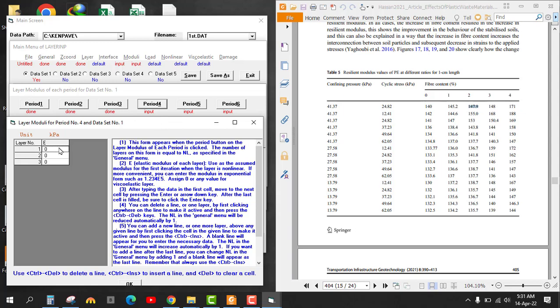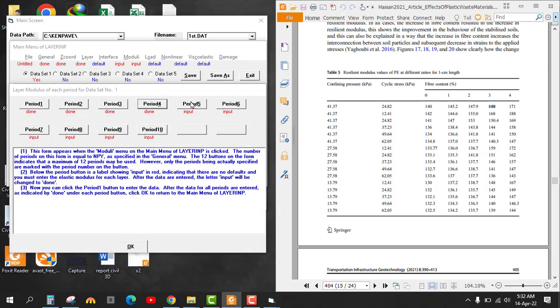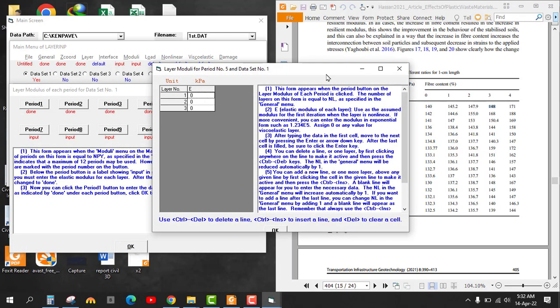for period number 4, 4 and 6 zeros, enter, 2 1 2 3 4 5, enter, and then 148, 148 and 3 zeros, and then click OK. Period number 5,